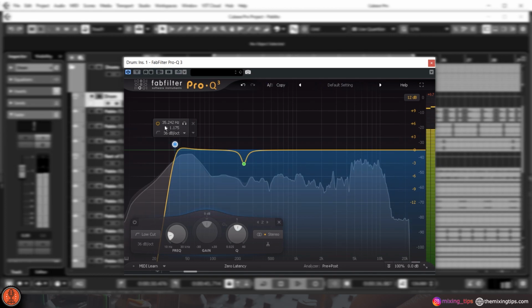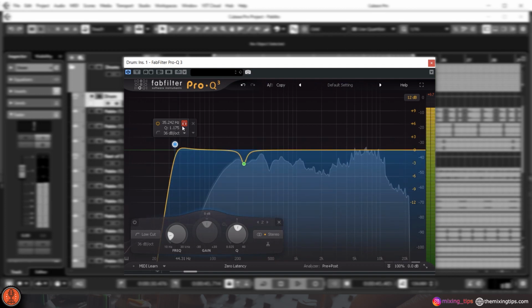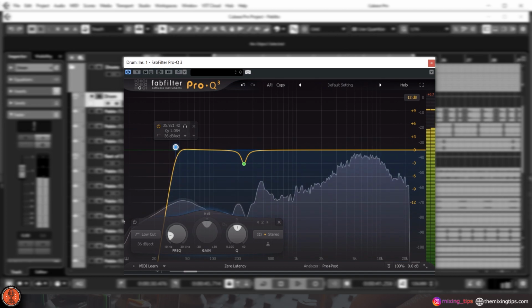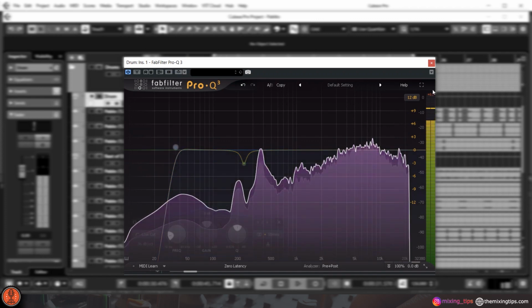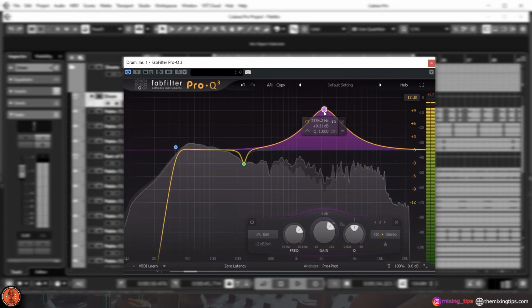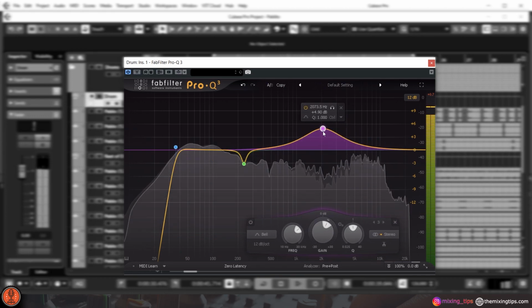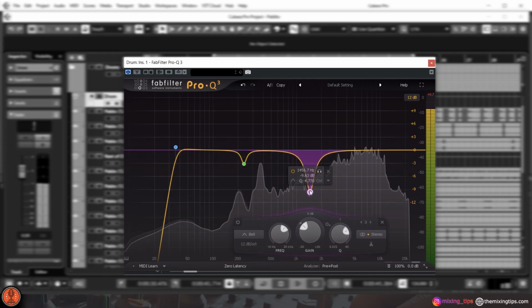We will cut below 35 Hz. We are just cutting here very subby frequencies from the kick. Anyway, the kick is very good now and it's audible and there is nothing missing from it. And this will leave a little bit more space for the sub-bass frequencies to cut through. I think that this will be it with the cutting, because at this stage I think the drums sound good,